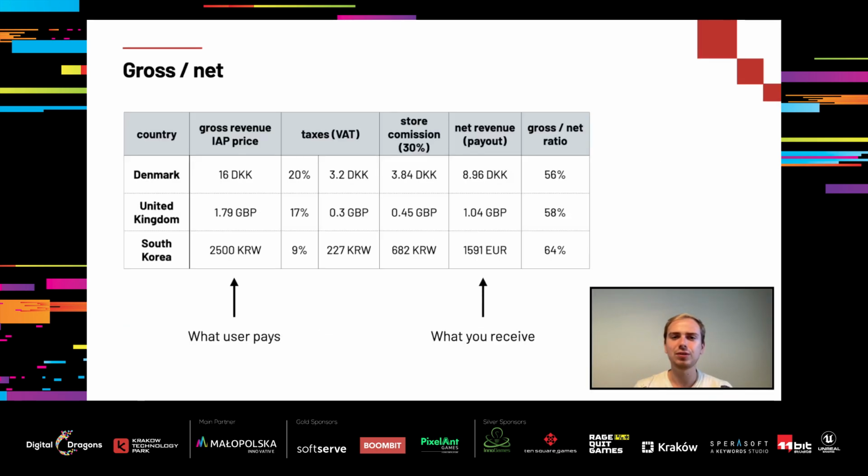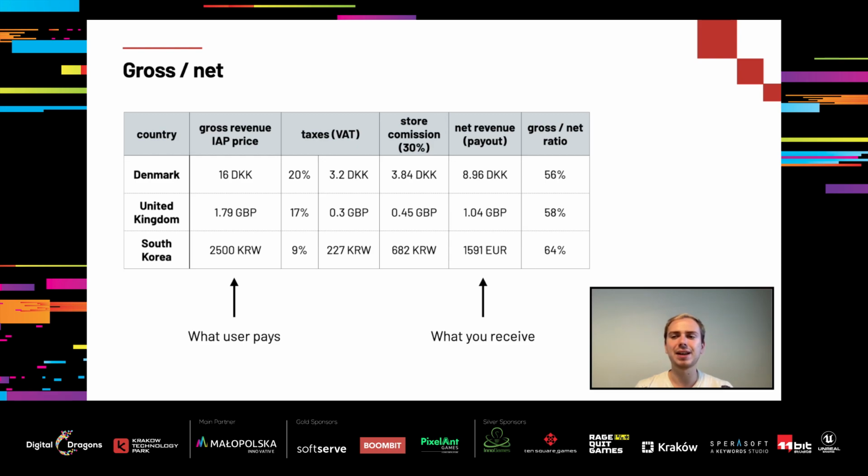It is important to understand the real difference between gross and net revenue, so I dedicated a slide for it. What is usually tracked by MMPs is gross revenue. Sometimes gross revenue is deducted by 30% of store commission. But apart from the store commission, there are also country-specific taxes which you cannot ignore doing ROI calculation.